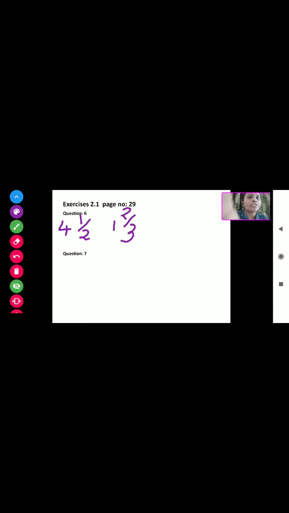First, what you have to do? All of you have to convert this mixed fraction into a proper fraction. So 4 2s are 8 plus 1, it will be 9/2. And here it will be 3 1s are 3 plus 2, 5/3. These two proper fractions you will get. Now when you have to find out total travelling, as we know, whenever we have to find out something total, what we will do? We do addition. So like this you can solve question number 6.